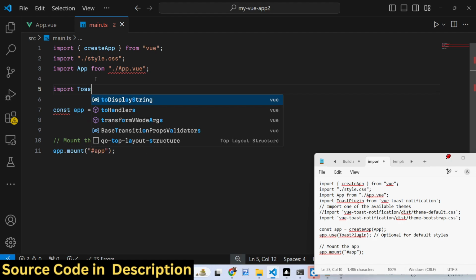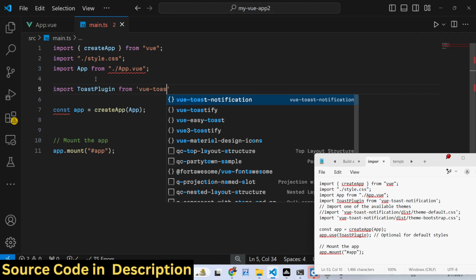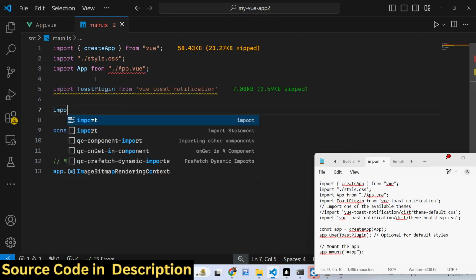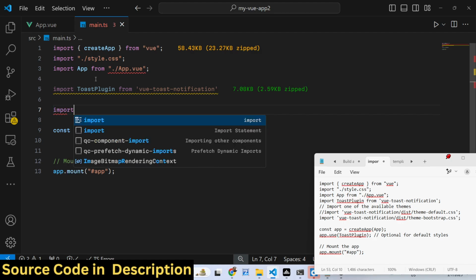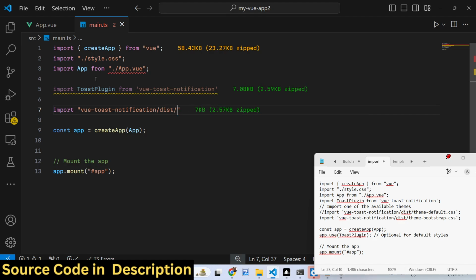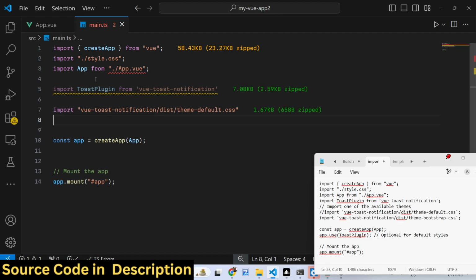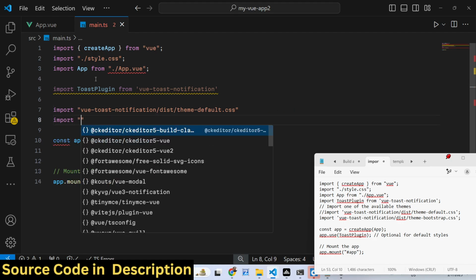So import toast plugin, and it will be coming from Vue toast notification, and also we need to import the CSS file as well. So vue-toast-notification/dist/theme-default.css, and also we need to import